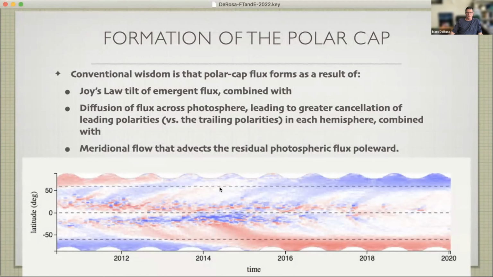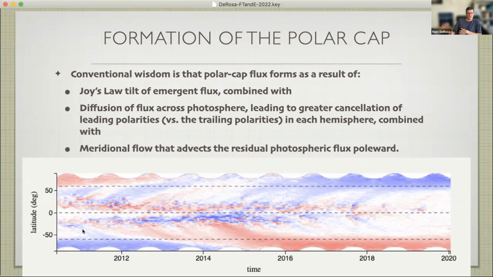And another factor is that once you have active regions emerging that are tilted, you also have some cancellation of the leading polarity fluxes across the equator. And so that leaves a pattern of trailing polarity flux to be moved poleward by the meridional flow,